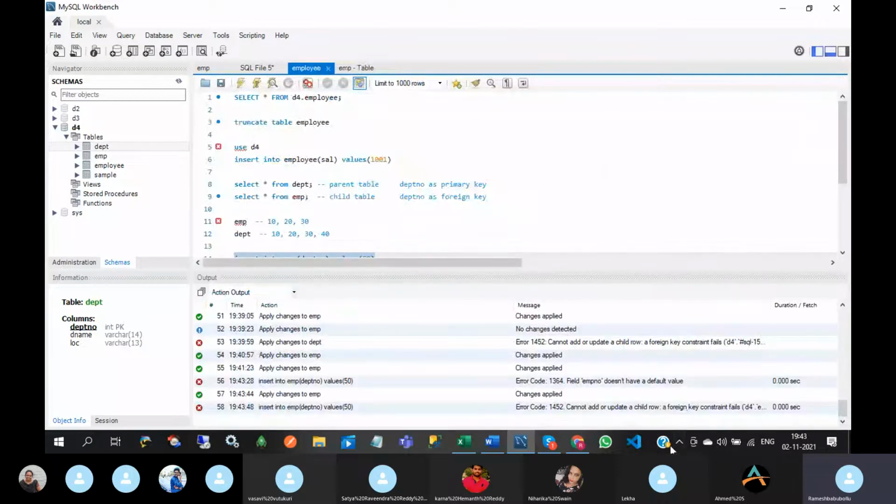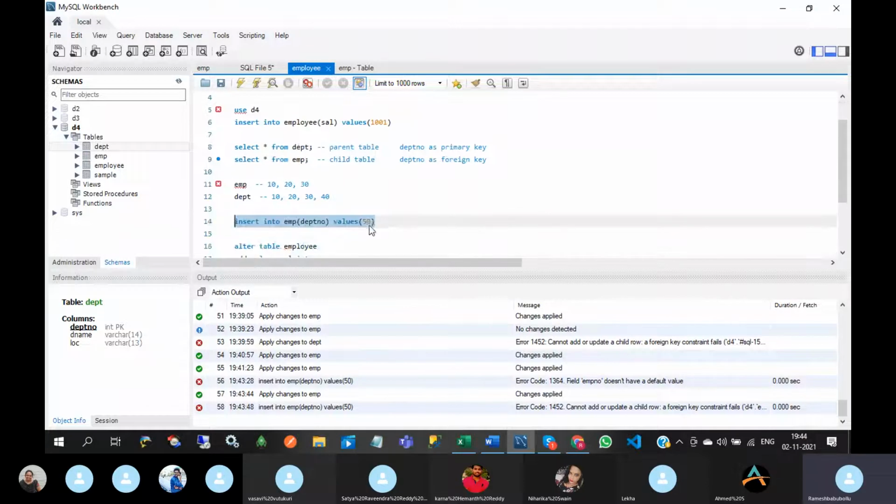Now see this: cannot add or update a child row. Why? Because this value 50, department number 50, does not satisfy the condition. Here department numbers 10, 20, 30, 40 are there in the department table, but 50 is not there. That condition is not matched.